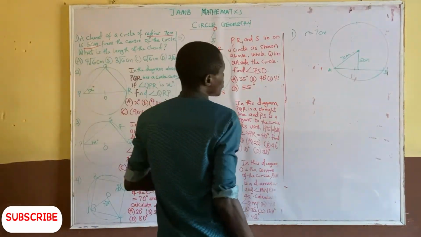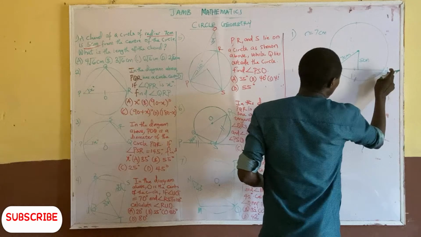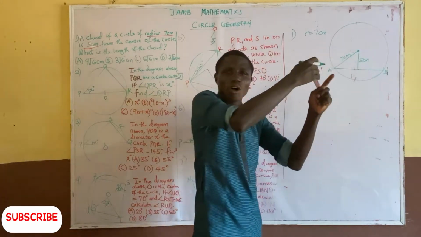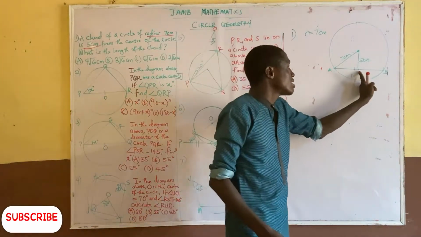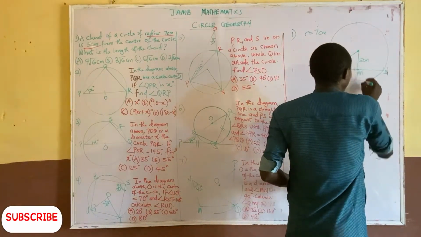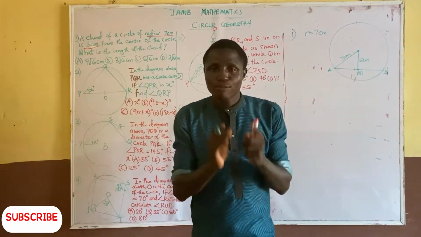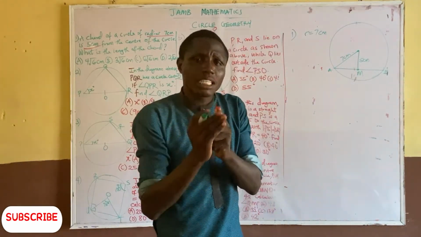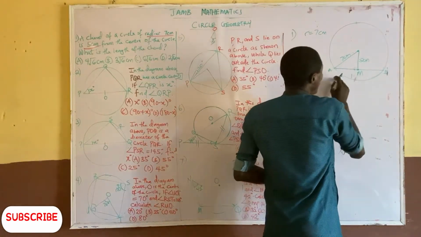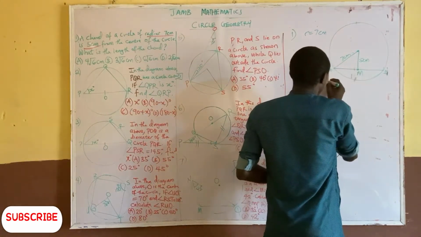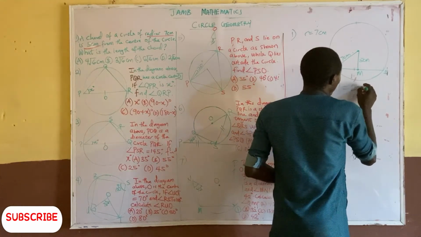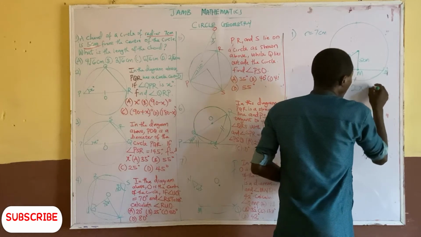What is the length of the chord? You have to calculate the length of chord AB. Now, you know that the line drawn from the center of a circle bisects the chord into two equal halves. So this place will be M. That's the first theorem: the line drawn from the center of a circle bisects the chord into equal halves. So this will be the midpoint. So to calculate the chord, length of the chord AB will be equal to 2 multiplied by AM,